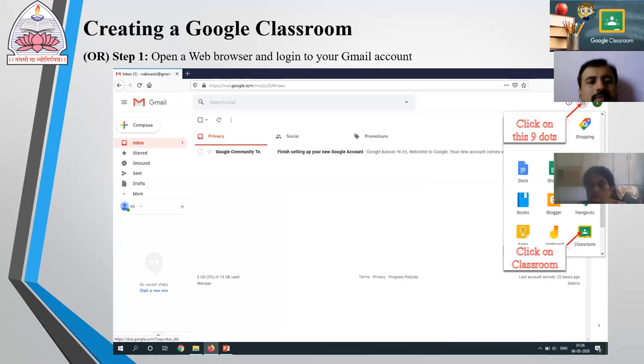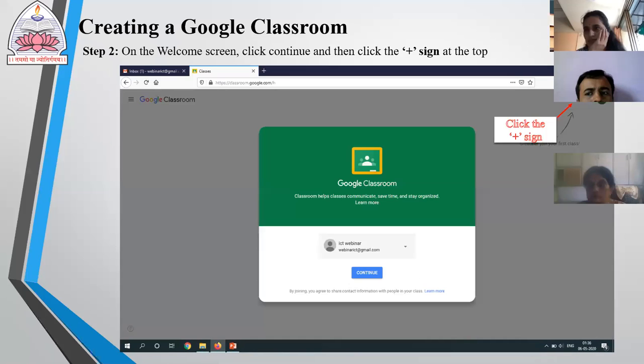Click on that and scroll down so that you can see the classroom, and click on that classroom. These are the two ways in which we can create a Google Classroom. And for creating a Google Classroom, we need to have a Gmail account. It is mandatory. With other accounts, we cannot create a Google Classroom.